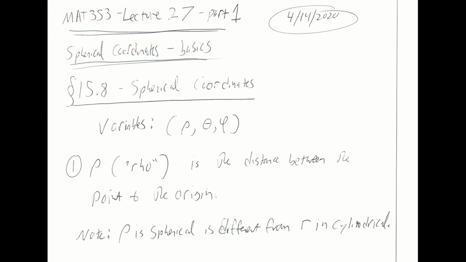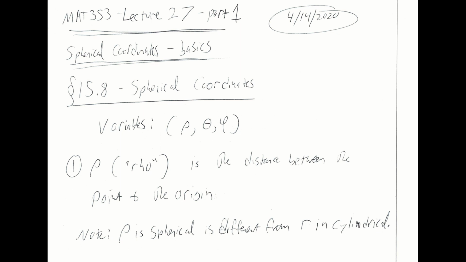We'll begin with rho. Rho looks like a fancy P. It's kind of a P with a less straight back to it, and it is pronounced R-H-O, rho. This is a lowercase rho. Rho is a kind of radius. In particular, it's the distance between the point in question and the origin. But do note that rho in spherical is different from our r in cylindrical. Rho is going to be the radius of a sphere in 3-space, where r was the radius of a circle